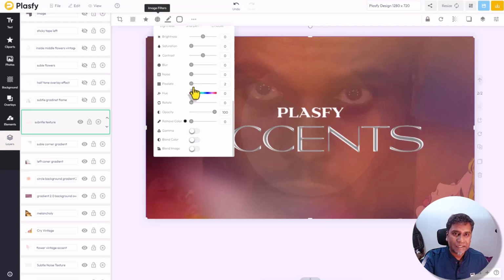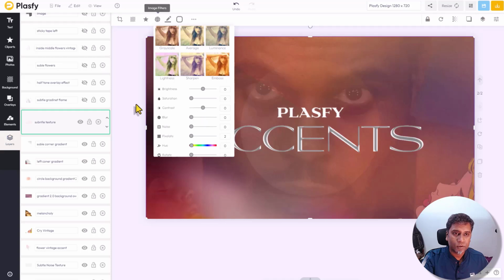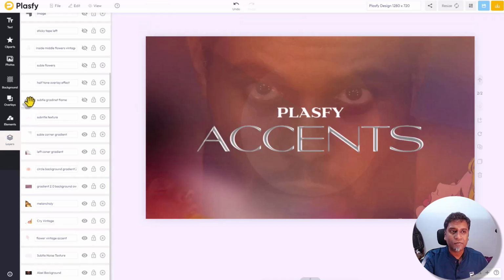Just a little on the pixelate, but other than that, no other changes. So for each of these layers, you have access to a whole plethora of design options. You can change anything, just change the entire look of that particular layer.